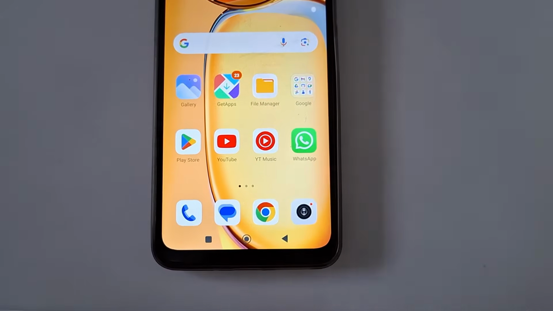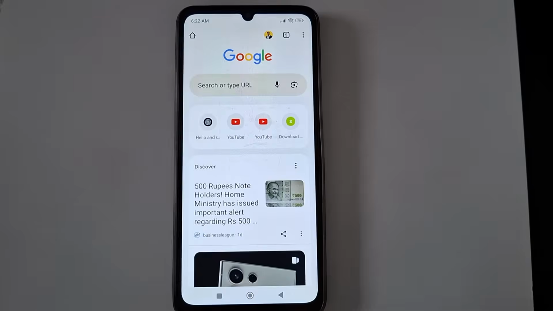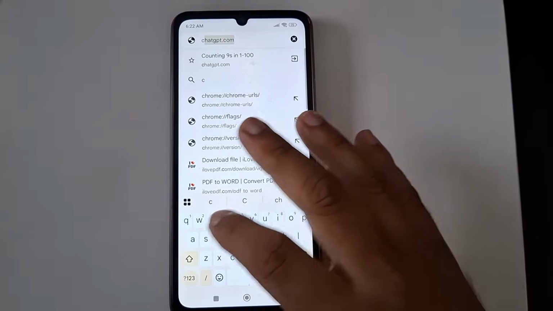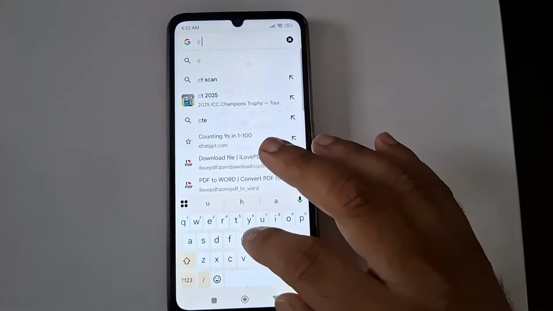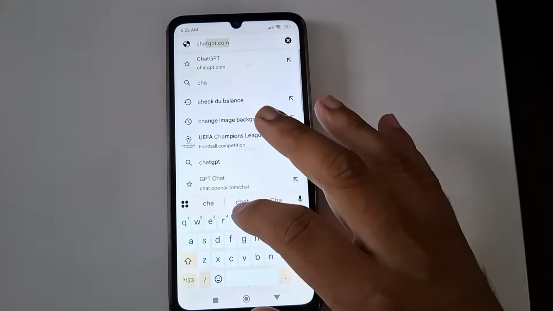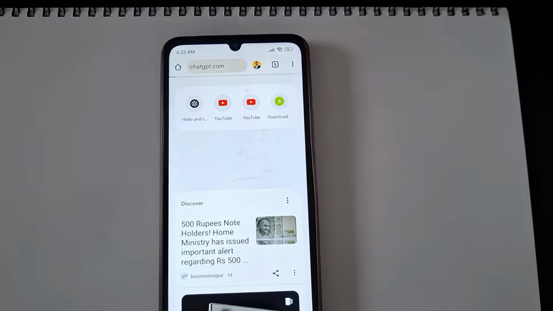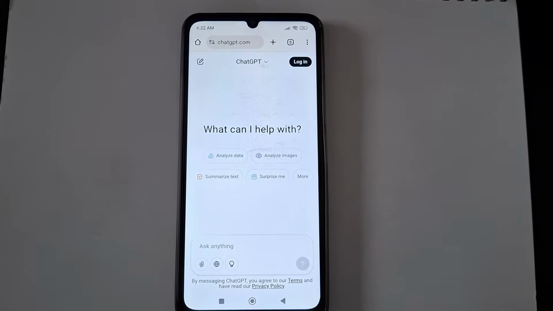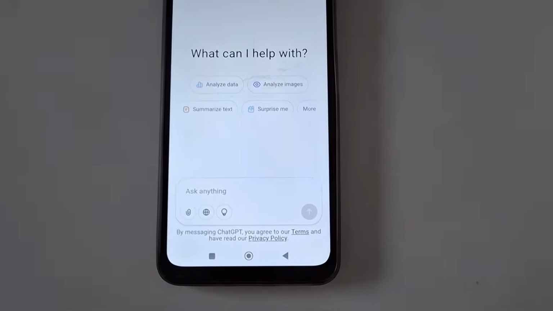So we'll open the Chrome browser and then we'll just simply search for ChatGPT. We'll go here and we'll search for ChatGPT. This way. Why is it not happening? ChatGPT, okay. So we have got Mr. ChatGPT here, and then we'll ask him